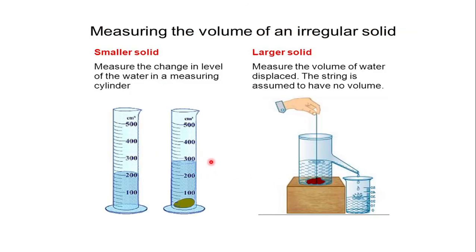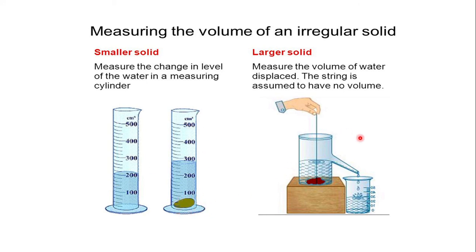So if you have an irregular solid which does not have a proper geometric shape, we should use an overflow jar or a measuring cylinder to find its volume, since you cannot use a formula. So which we have learned last year. Hope you remember. So we have to just take a measuring jar with a particular level of water, note its initial level, and then drop the stone and note its final level. Definitely there will be an increase in the water level. So 300 minus 200, which gives you 100 cubic centimeter, is the volume of the stone which is immersed.